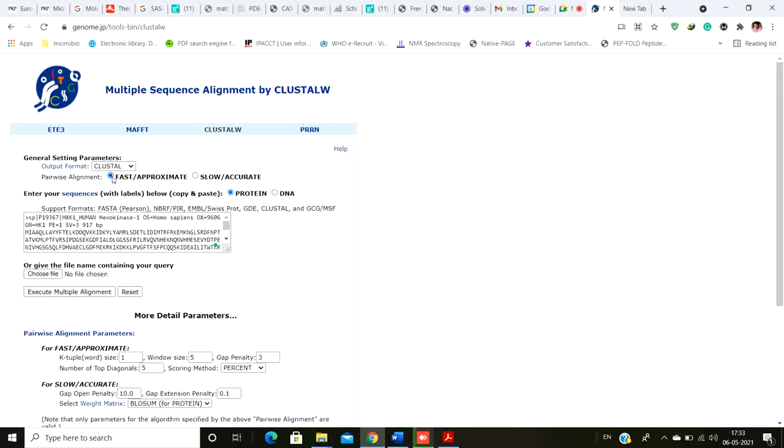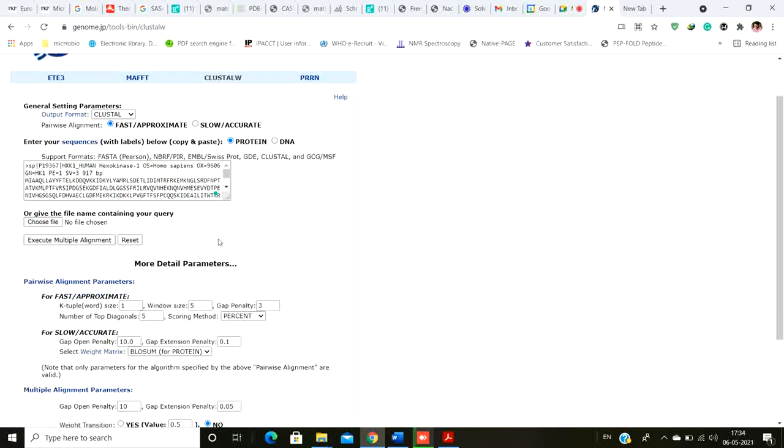Whenever you use a nucleotide sequence, it is generally thousands, I mean 5,000 or 10,000 nucleotides long, so it's going to take a huge time for the slow method. But since it's a protein, the protein is generally 500 or 700 amino acids long, so generally it's not going to take up much time, and it's going to have a similar time. So similarly, after that you have to simply paste in your sequences.